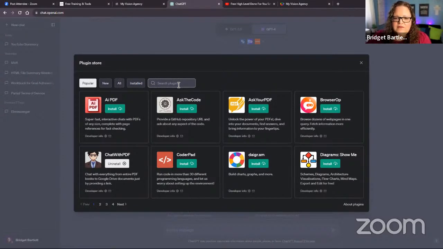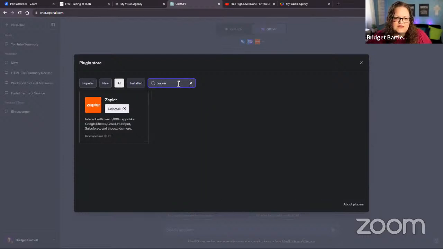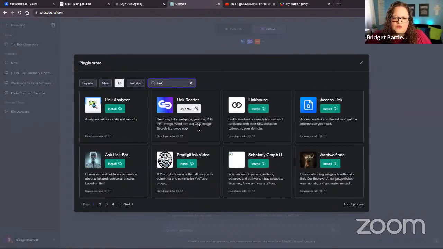Now, there are many different use cases that we all use ChatGPT for, but the coolest one, I think, is Zapier. The ability to train ChatGPT or create these zaps to do something with the information that you're collecting is super cool. Also, there is a link reader.